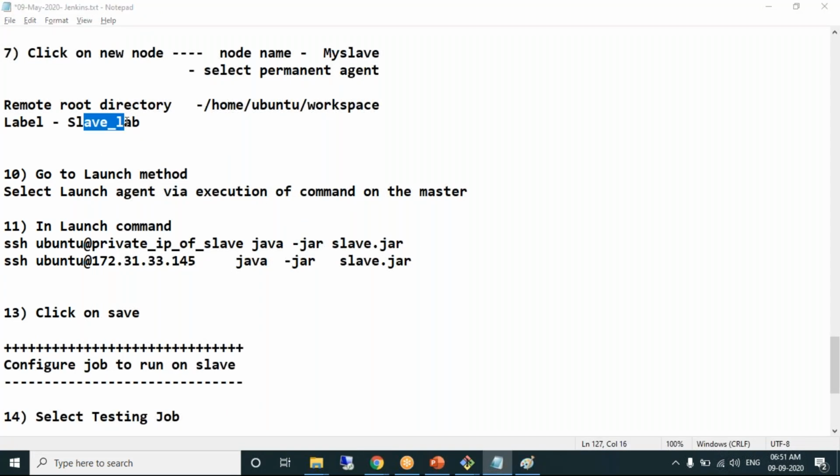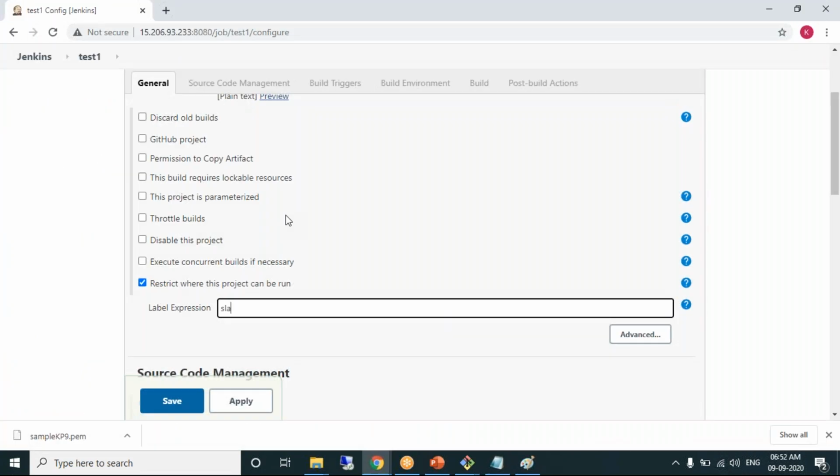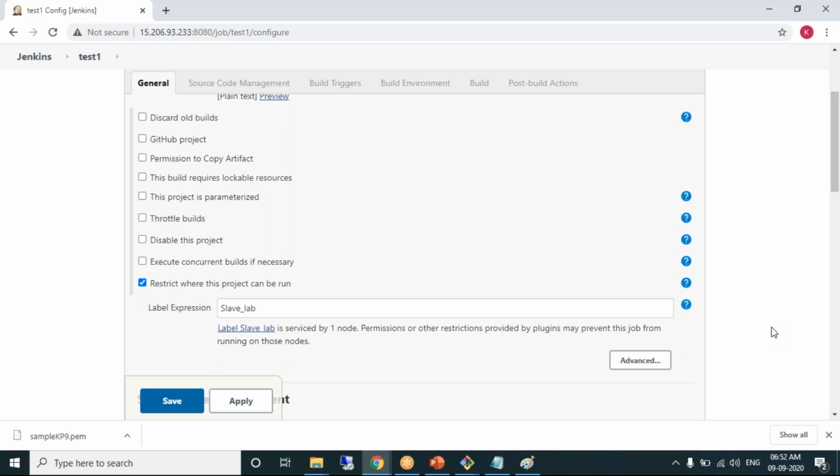Slave_LAB. The label refers to the node, and the node refers to the slave machine. Apply. That's it. So you're restricting; at the job level, we do restrictions.